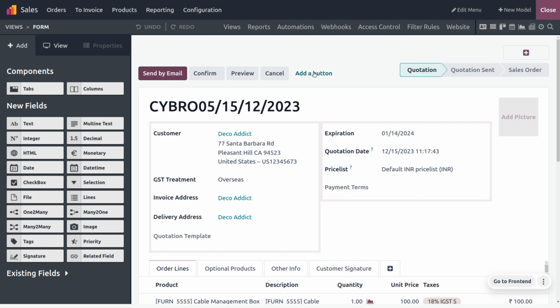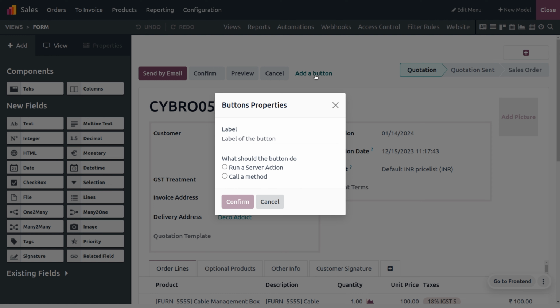So here you can see an option to add a button. When you open the add button, you will get a wizard to add the label of the button and what that button should do. Either you can run a server action or call a method. In order to do this, we have to set a server action. So currently we are going to move with the server action. So first we need to